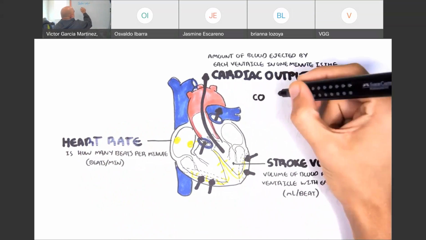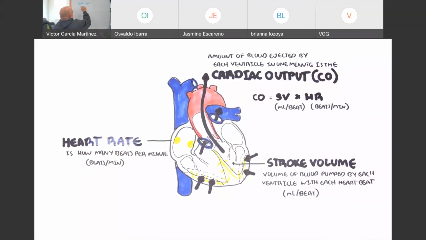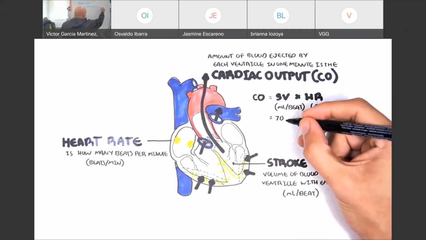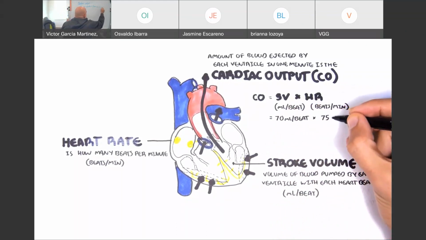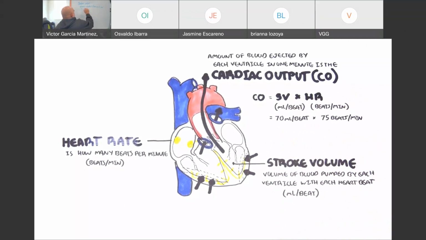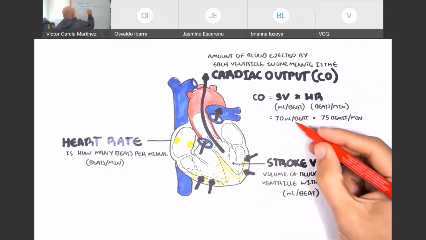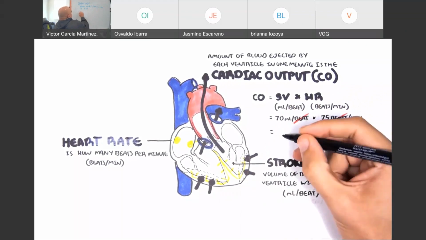So therefore, cardiac output is equal to stroke volume multiplied by heart rate. And stroke volume is mils per beat, and heart rate is beats per minute. As an example, a normal stroke volume would be about 70 mils per beat, and heart rate about 75 beats per minute. Cross the beats out, and your cardiac output is